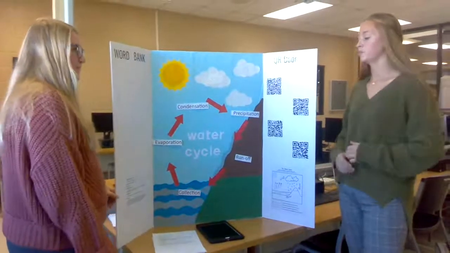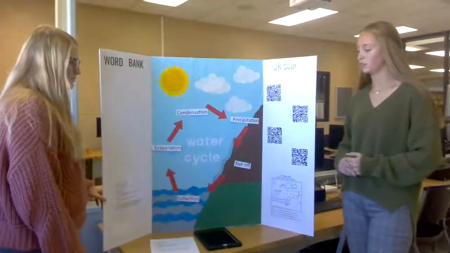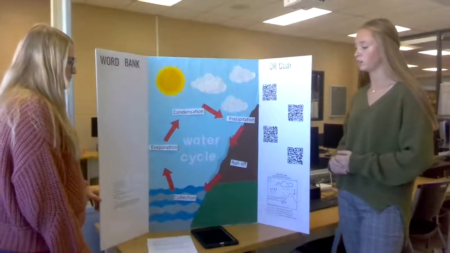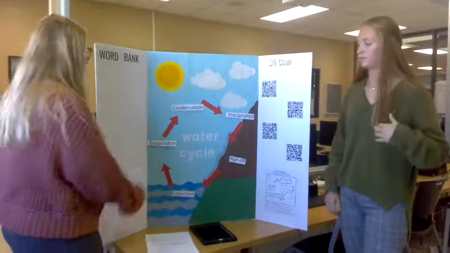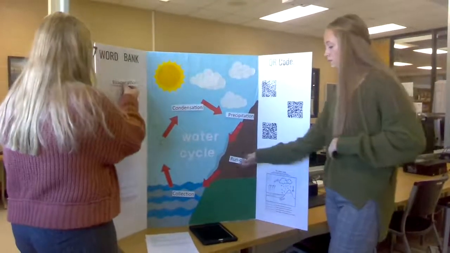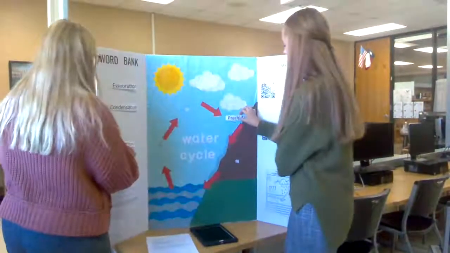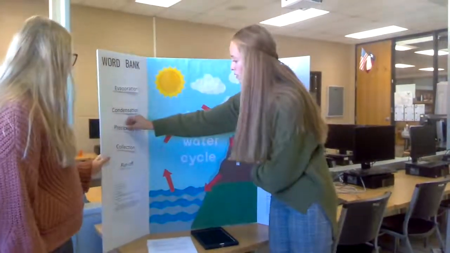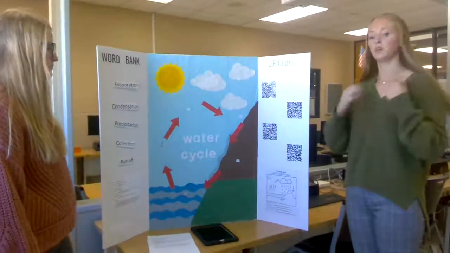When a student has completed filling out the water cycle, the teacher can come through to check their work to make sure they have done it correctly and comprehend the water cycle process. Once the teacher has approved the student's work, they can then place them back into the word bank. Once all the students in the group have gone through and filled out the water cycle, they can move on